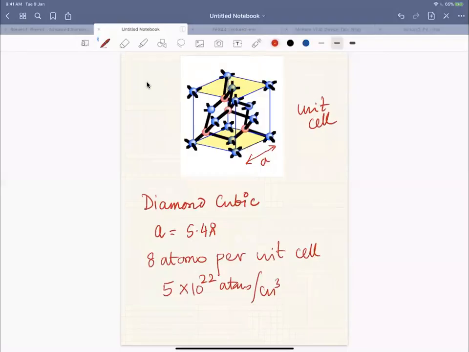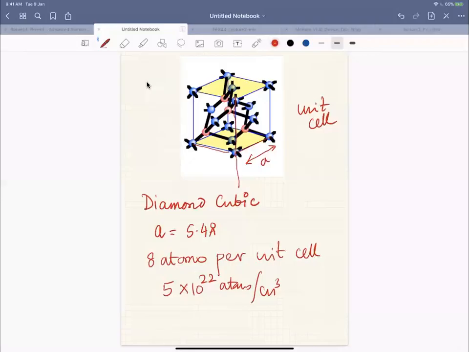Here you see each silicon is bonded to 4 neighboring atoms. This silicon is bonded to this one, and this one, and another one here. So each silicon is bonded to 4 neighboring silicon atoms. But if you look at the individual atom itself,